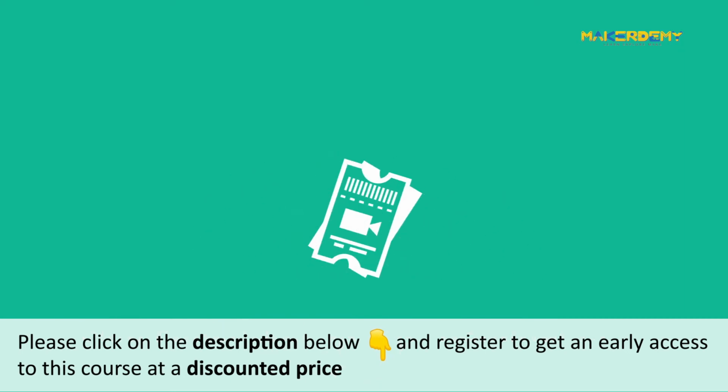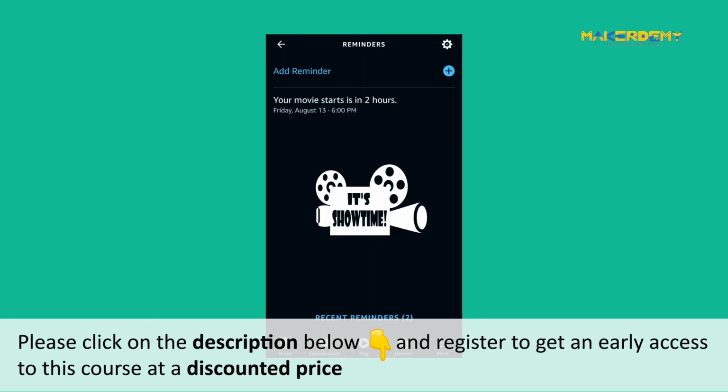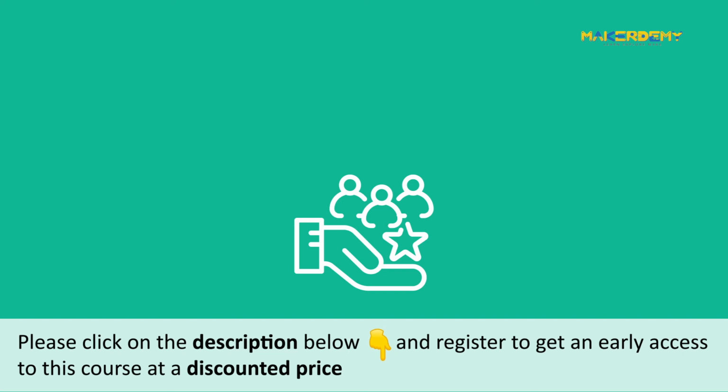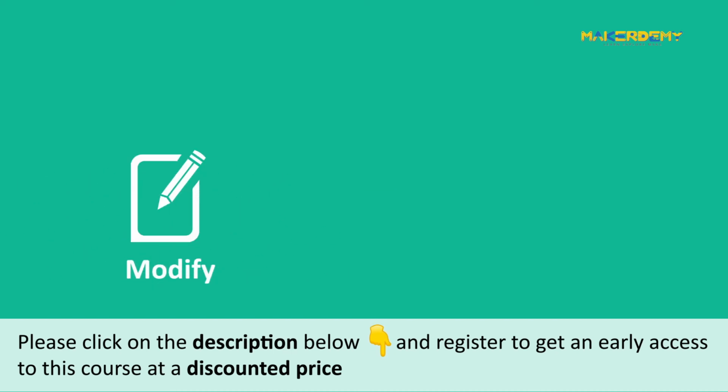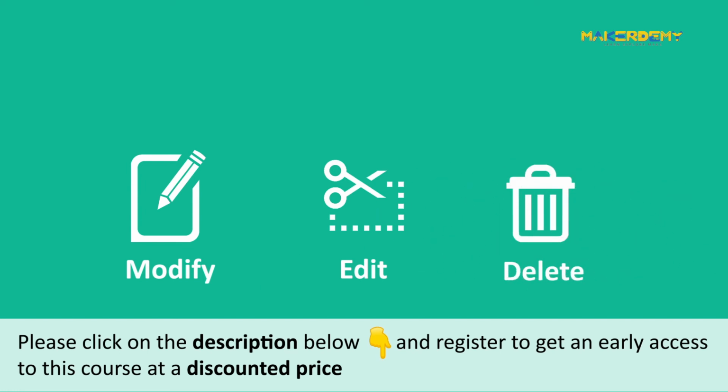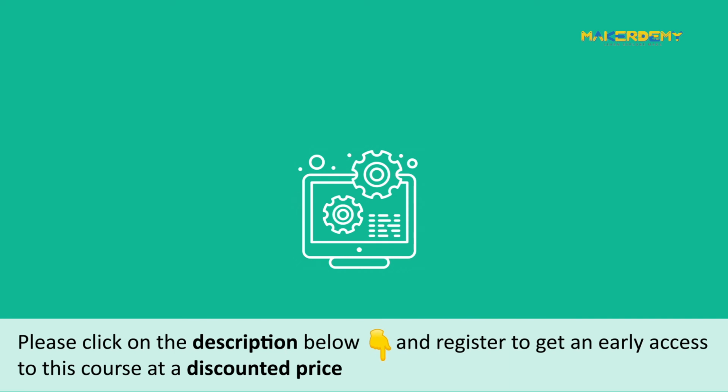For instance, imagine you build a skill that helps you reserve tickets for a movie. You can use Reminders API to remind the user about the reservation a few hours before the showtime. Here, the reminder feature adds more value to your customers. Note that the skill requires explicit customer permission to create reminders and can only modify, edit, and delete reminders that the skill itself has created for that customer. Let's look at how to configure your skill to use the Reminders API. We'll also cover the basic working of the Reminders API.